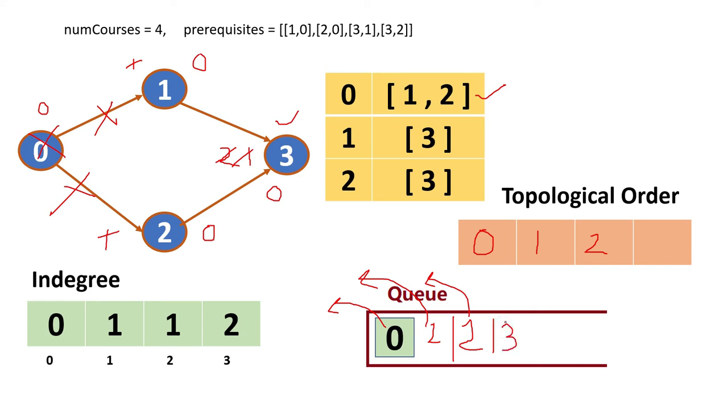In the next run, this 3 will be dequeued, and we have to put it here. At that time the queue is empty and no node is left to traverse, so we have to stop, and the result will be 0, 1, 2, 3. So if we had defined the adjacent nodes for 0 as 2, 1, then maybe the result will come as 0, 2, 1, 3. That is not a problem. So both results are fine.